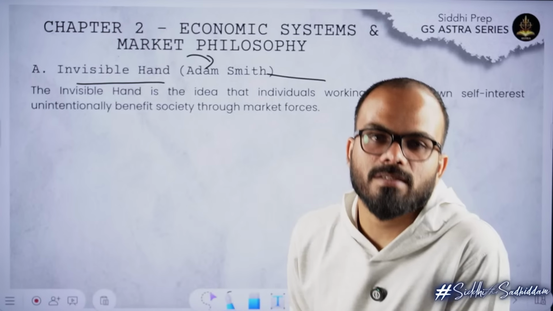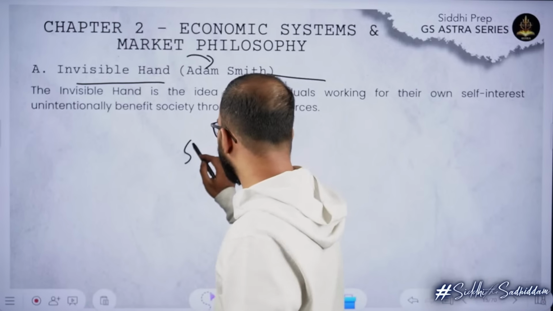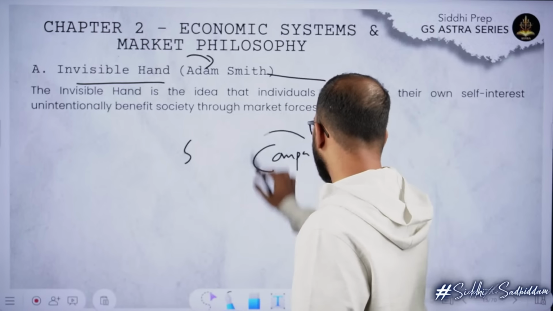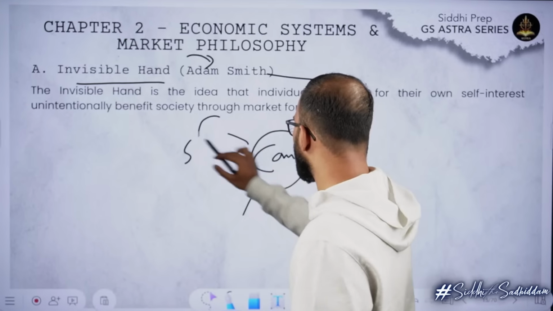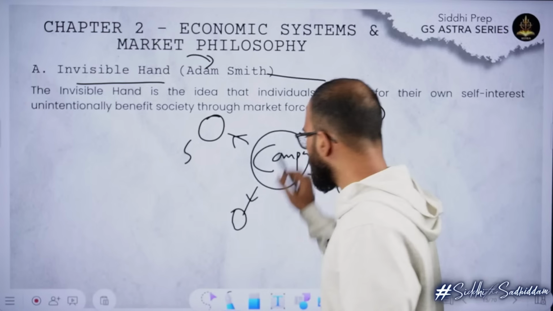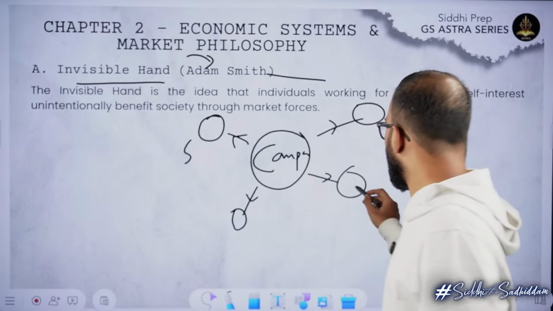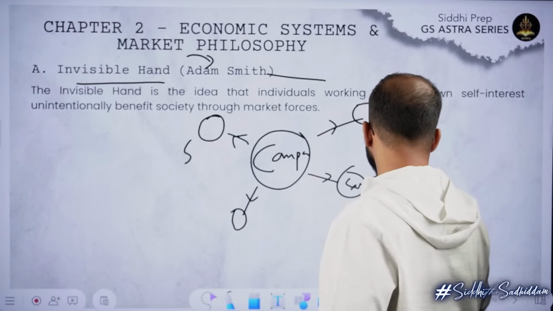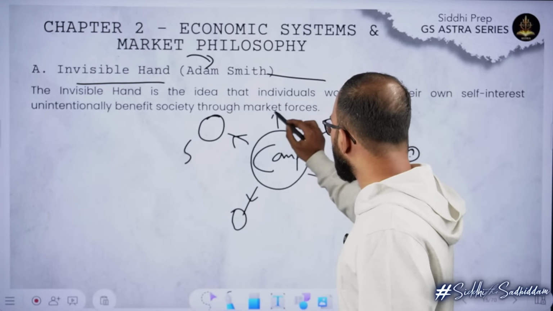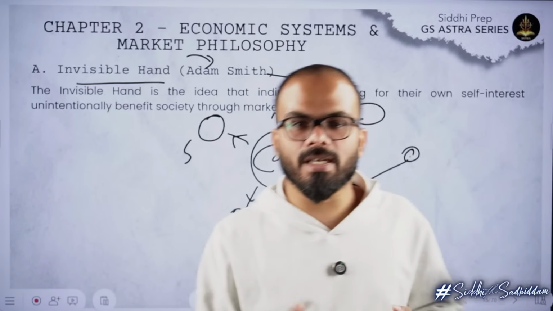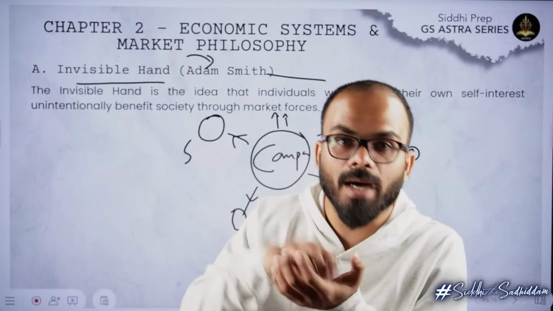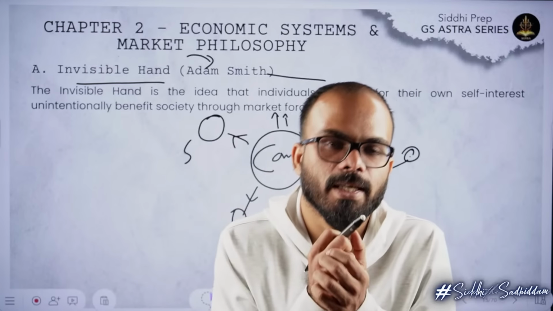What the invisible hand system says is, let us consider a small economic setup. There is a company and there are 5 different people who work for the company. The company pays these people a salary. They use this salary to buy various things, and once they are buying these things, understanding what they want, the company will increase its production. Seeing that, it will require more people and provide employment. In that manner, the market will drive the economy completely.